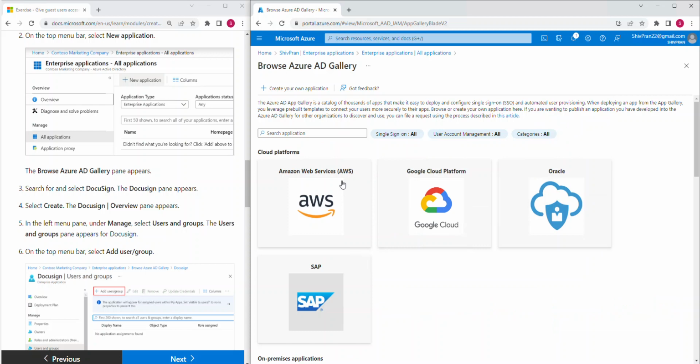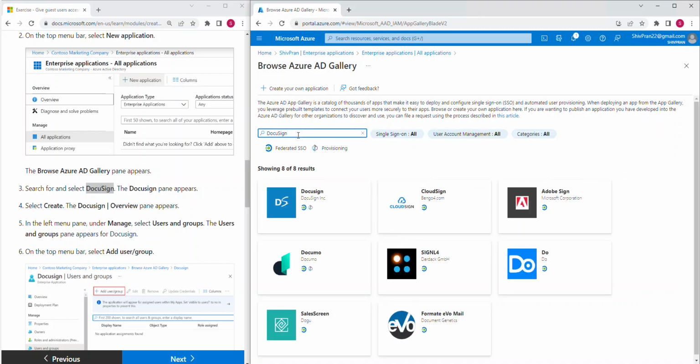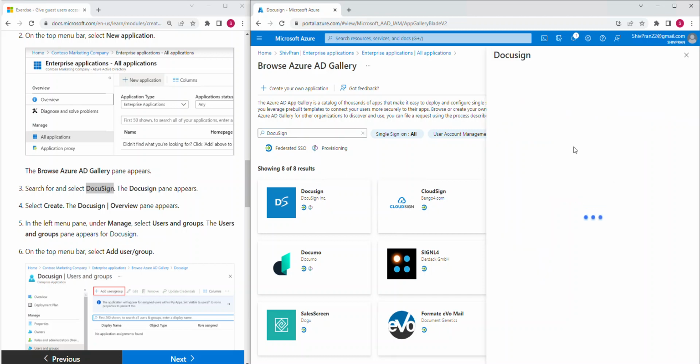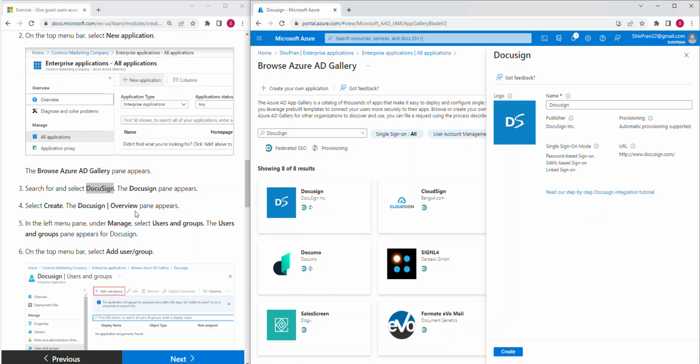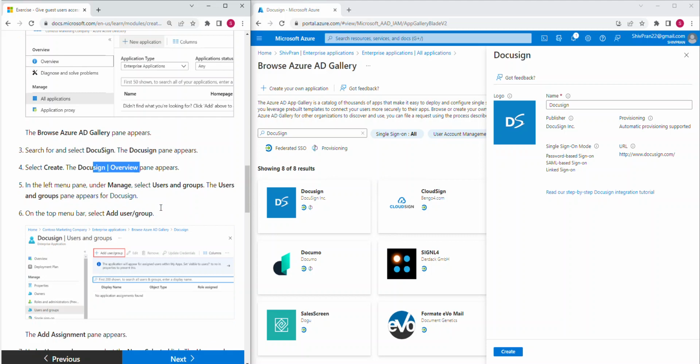and we need to search and select the specific application which we need to create. So in this case we are going to search for DocuSign application. Okay, document sign application. Let's select the application from the search result and create this application. So this way basically you can create any kind of application and make it as an enterprise application, manage user